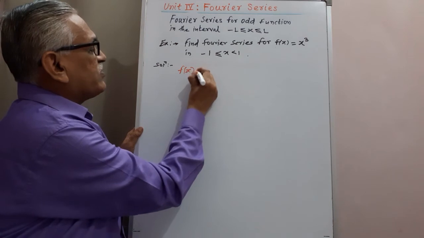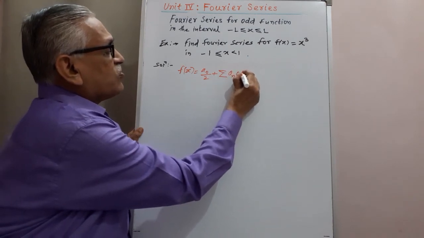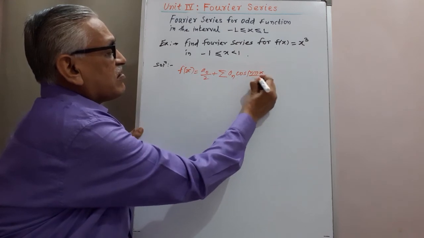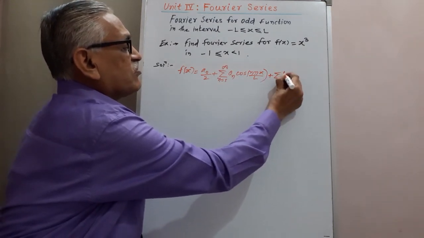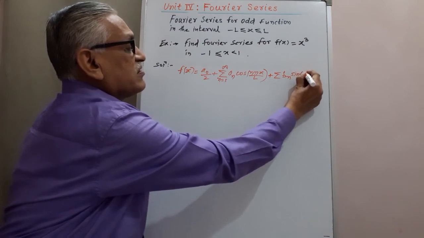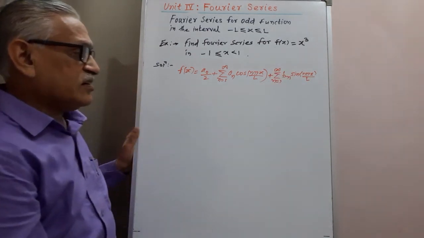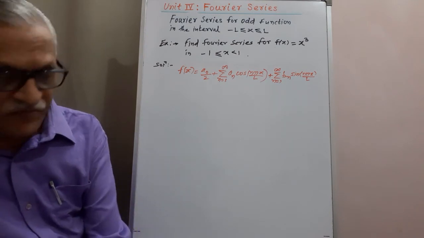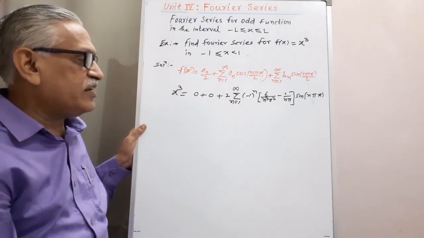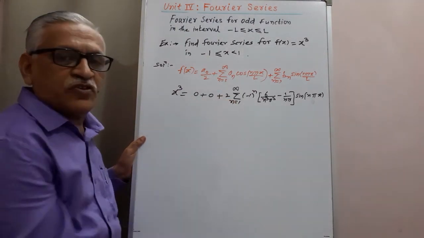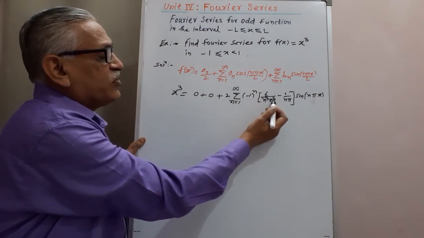In the Fourier series result, this is given by f of x is equal to a0 divided by 2 plus summation of an cos of n pi x by l, n changes from 1 to infinity, and summation of bn sin n pi x by l, n changes from 1 to infinity. Substituting the values of a0, an and bn, a0 is 0, an is also 0. The value of bn is 2 times minus 1 raised to n, 6 upon n cube pi cube minus 1